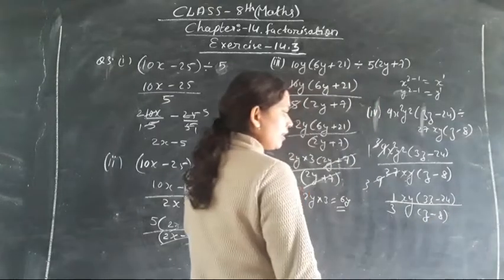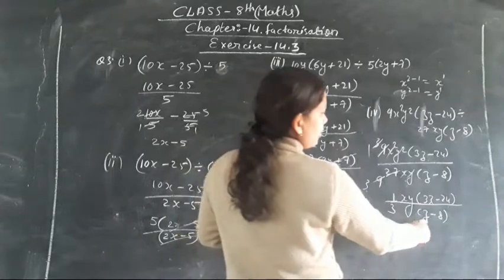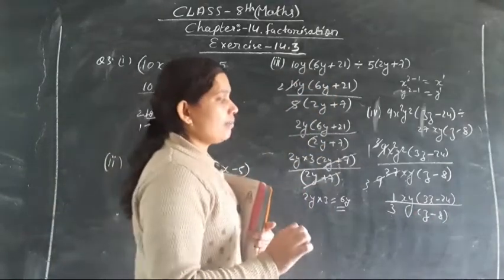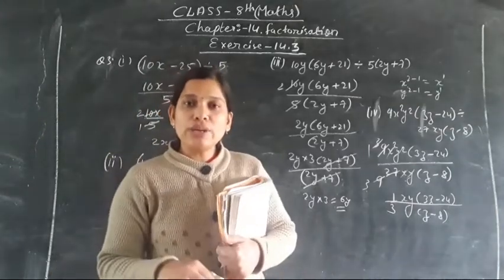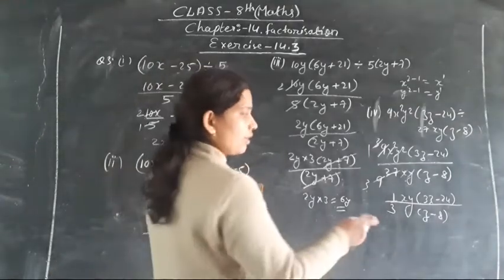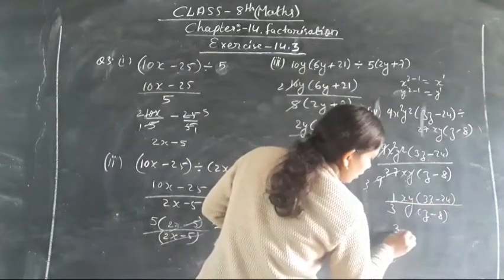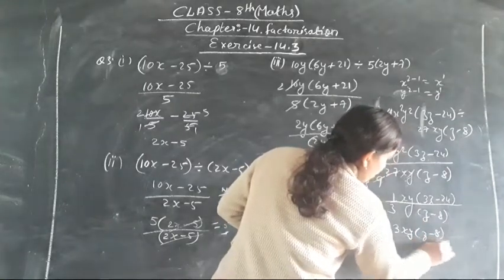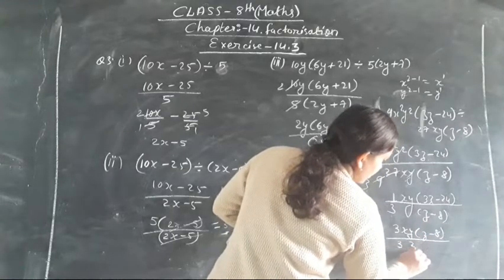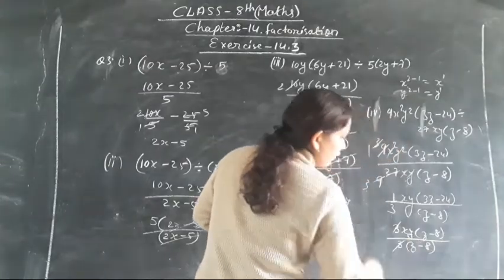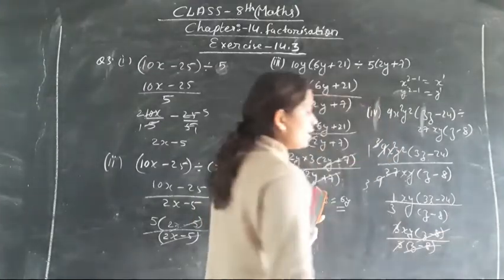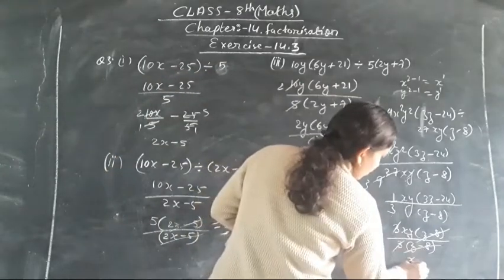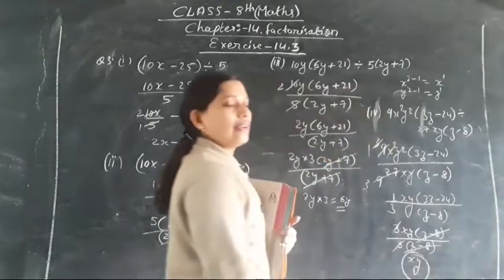Okay. Now can we take anything common from the numerator? Because z minus 8 is a term from which we cannot take anything common. But in 3z minus 24, 3 and 24 both come in the table of 3, isn't it? So we can take 3 as common in the numerator. So 3 into xy, when we have taken common, z minus 8 is left upon 3 into z minus 8. So here 3 and 3 from the numerator and denominator, z minus 8 and z minus 8 from the numerator and denominator will get cancelled. What is the term left out? The term is xy, which is the required answer.